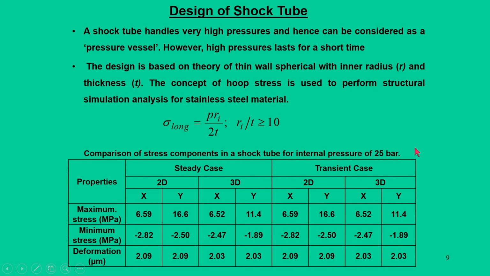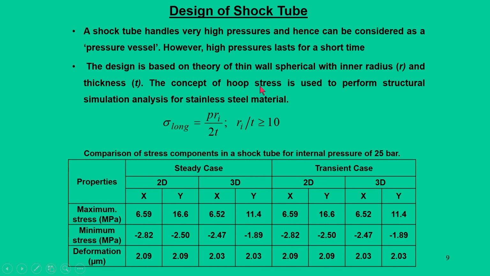And so, when you are handling this, since all the sides are typically closed, you can say it is a pressure vessel. That means a vessel containing gases at very high pressures, of course for a short time, but very high pressures. Now, when we have such a gas at very high pressures, obviously we have to think about some kind of design concepts, and we call this the theory of thin wall, where we involve the concept of hoop stress.